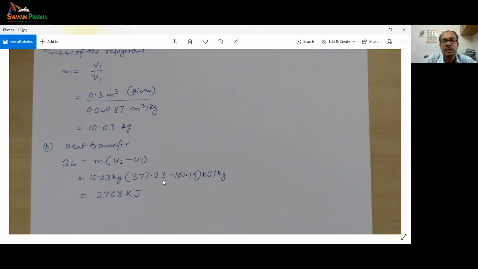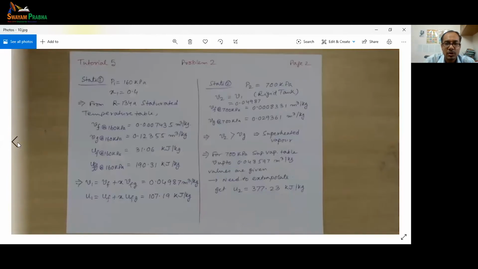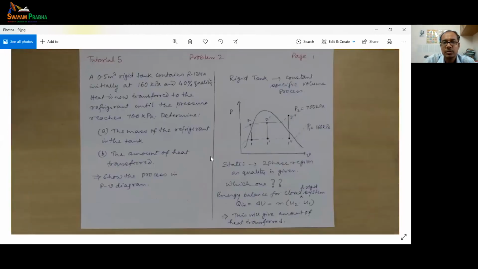After that, it is straightforward, but the conceptual key here is to find out where you lie. This is the conceptual hurdle where all the confusion comes in, and I insist you check these through numbers, not just assume something. Because you don't know. If you assume something, if you are lucky, it will be true, but if you assume something and it's not true, then you will be in trouble.